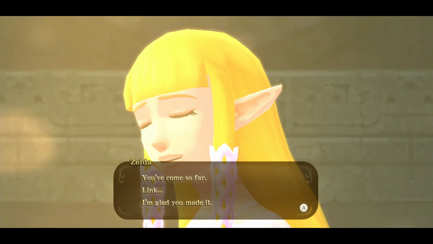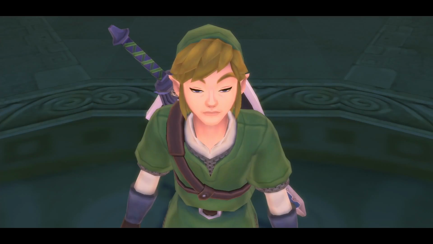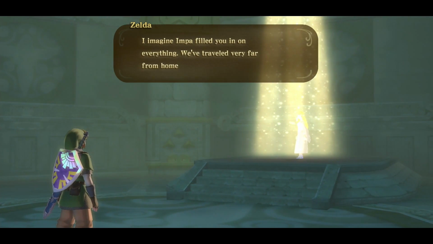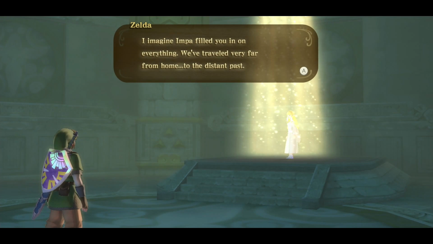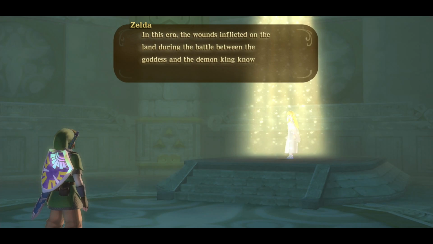You've come so far, Link. I'm glad you made it. You've come so far too. You've done so much as well. I imagine Impa filled you in on everything. We traveled very far from home to the distant past. In this era, the wounds inflicted on the land...